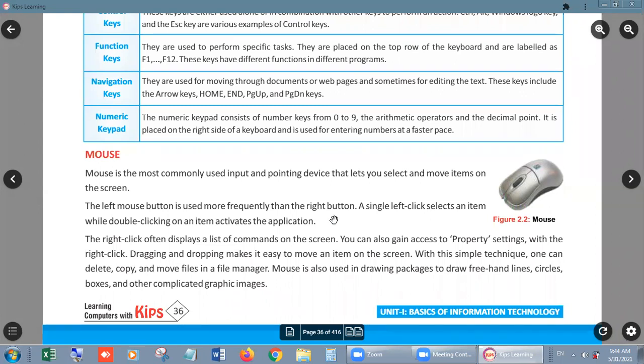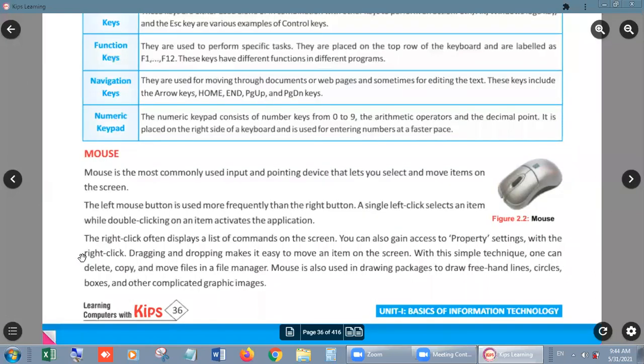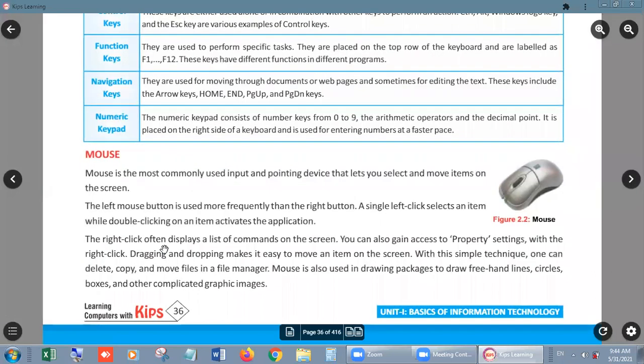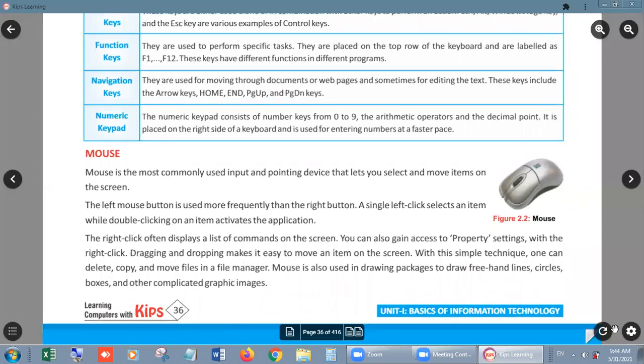So the left mouse button is very important in a mouse. We can do double clicking also with the left mouse button. The right click often displays a list of commands on screen. These are the details which I told you in very short lines, so you can read it after that.